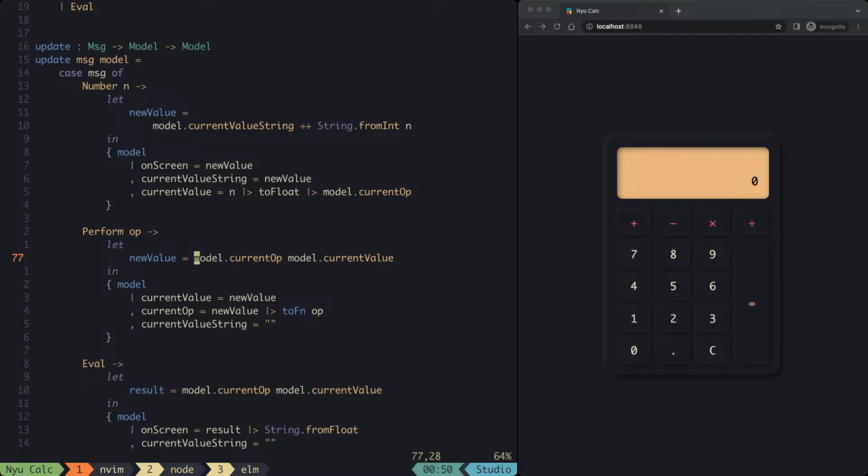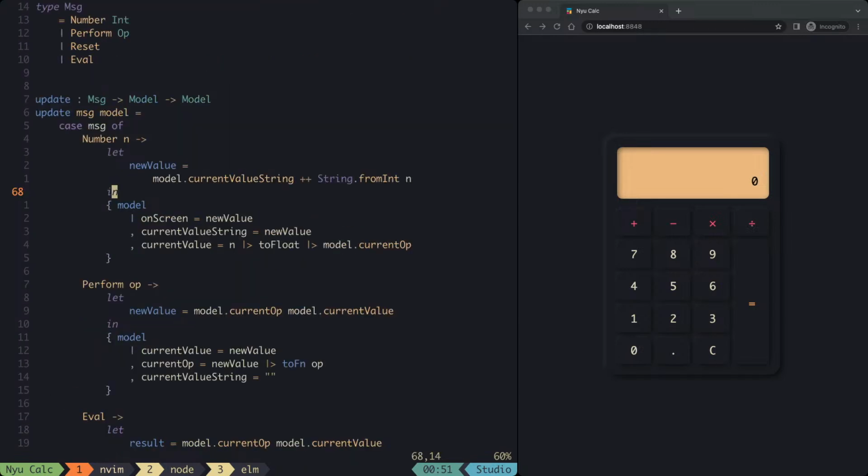Okay, it's identity, and the current value is 8, and there's a plus in here, and current value becomes a new value. New value basically is 8 because it was the identity function, and the current operation is going to be new value partially applied to the operation that came in. So it's going to be 8 plus, and then I add in another number, and then 8 plus, the model is going to become a string, and